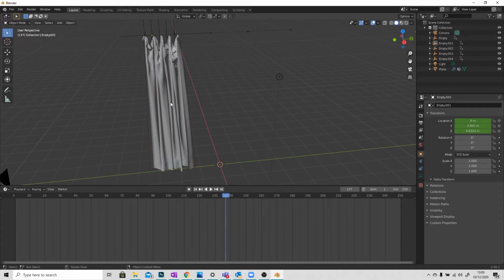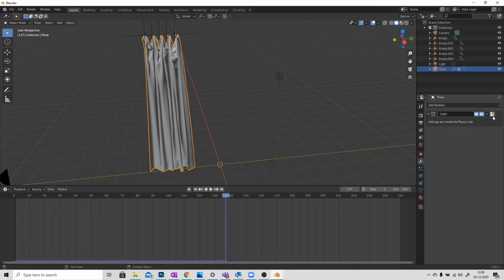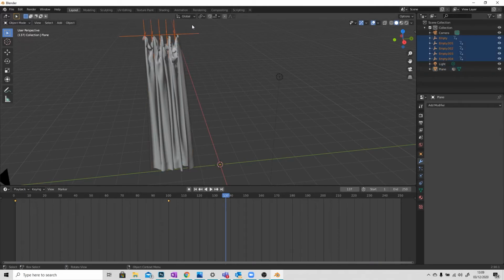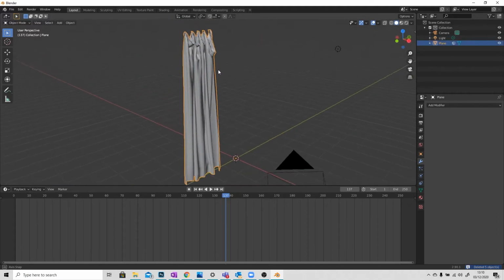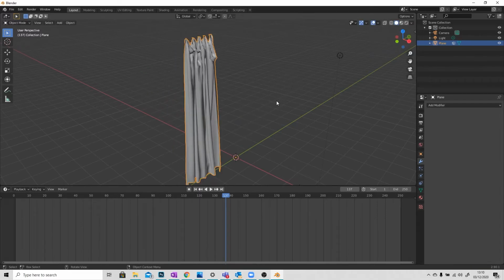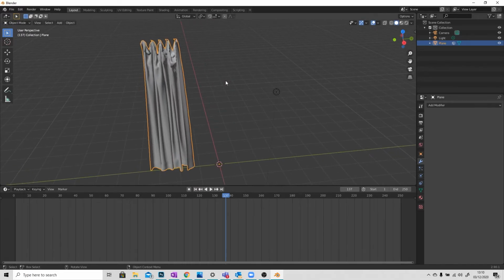So currently we've got all our physics and properties applying to this. Once we've got it how we want it, we can just go and delete all the hooks on the right hand side here. We can apply the cloth properties, apply all of that, delete the hook cursors that are still left in, and there is our curtain mesh that now we can rotate, grab, move into position, texture, however we like. So there is how to create a set of curtains in Blender using the cloth physics and using vertex groups